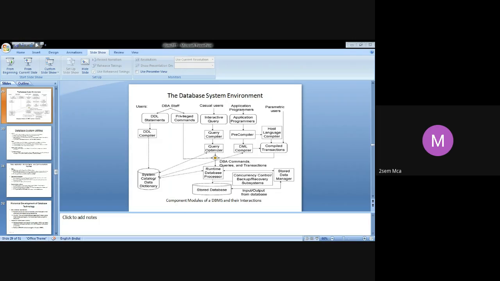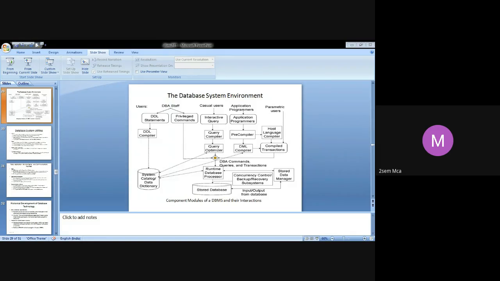The next important function that the utility should provide is performance monitoring. So that's what I told you already. If I'm giving a query and I have to wait for one full day, then nobody will use my database, is it not? So response time is also one aspect of performance, wherein I give a query and you expect the result in a reasonably fast time. It may not be giving you immediately, but only reasonably fast. If it is not going to give you a response quickly, then obviously we will lose interest in that particular database, or we may not try to use it at all as a user.